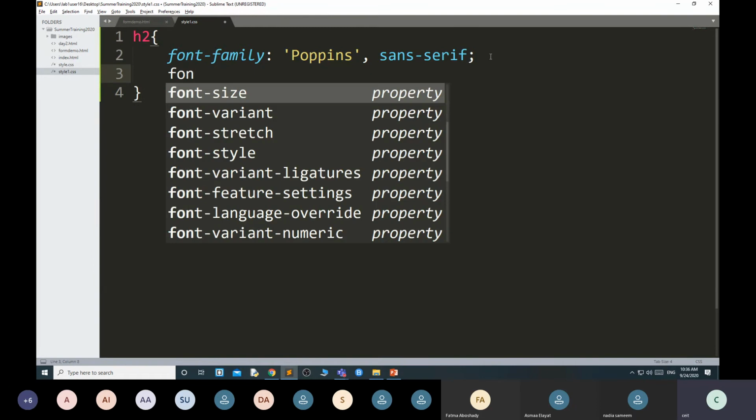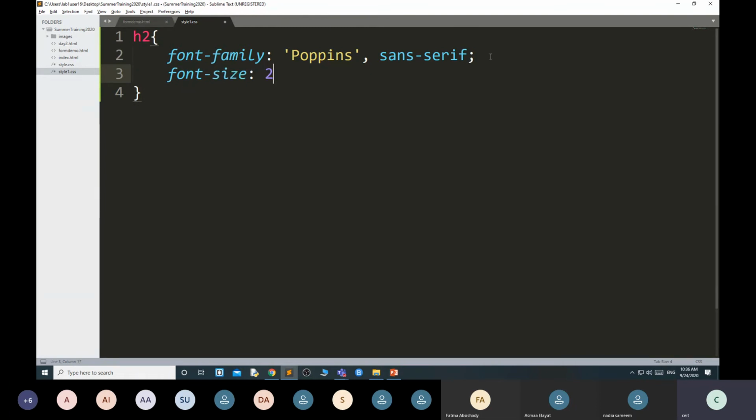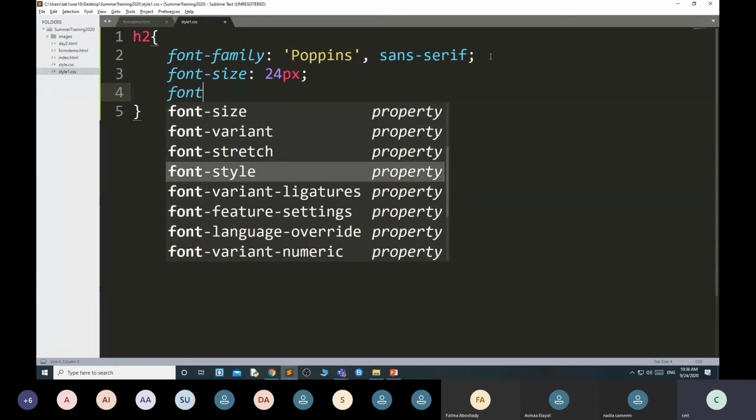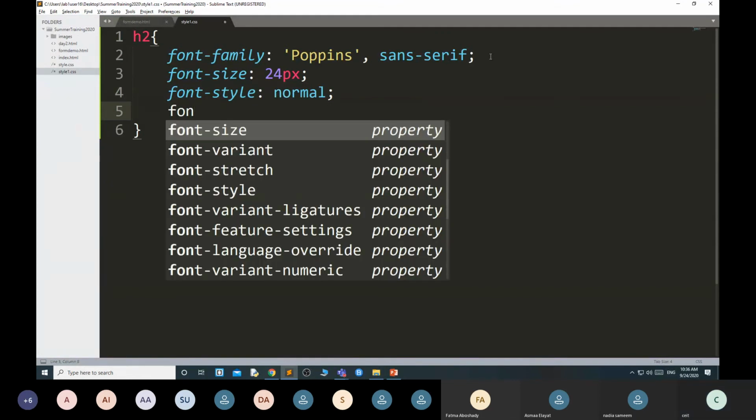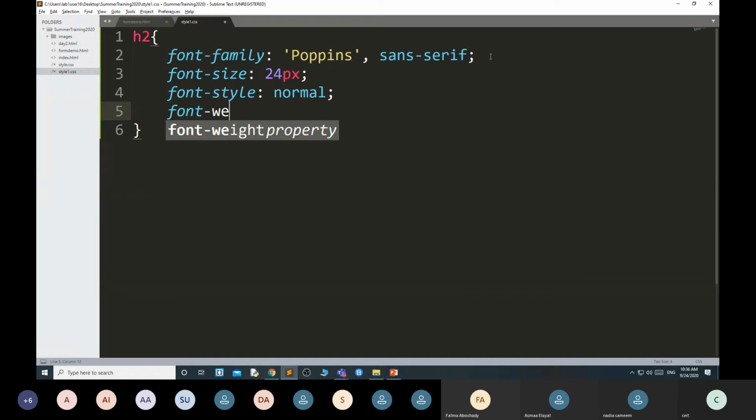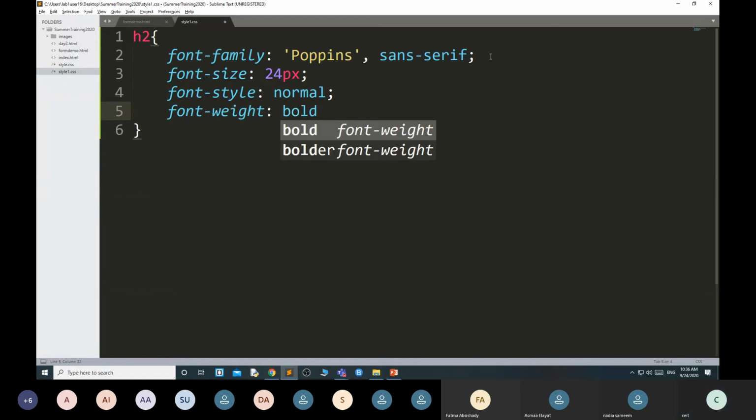Then font size 24 pixel. Pixel is nothing but px, 24px. Font style normal. Then font weight bold. Bold means it will be darker.